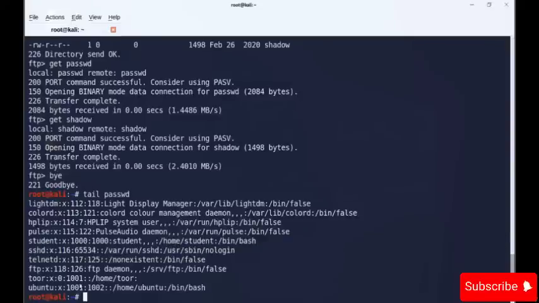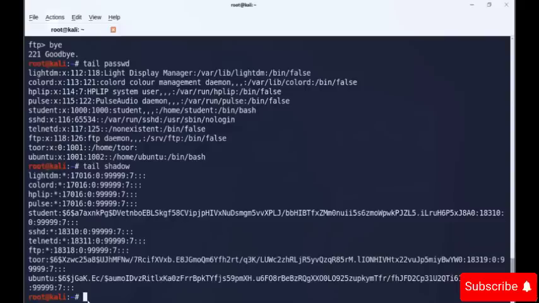Here, notice one thing: the user tour, that is TWR, has a UID of 0, which is not a good thing because 0 is provided to root. There can be only one account with this UID. Now let's read the last 10 lines of the shadow file. For security purposes, the passwords are stored in the shadow file in encrypted form. So here you can see the hashes of the passwords, like this is the hash for the student and this is the hash for the tour user.